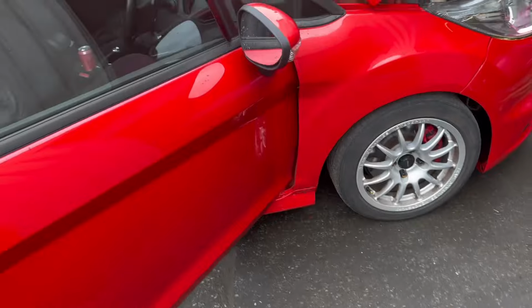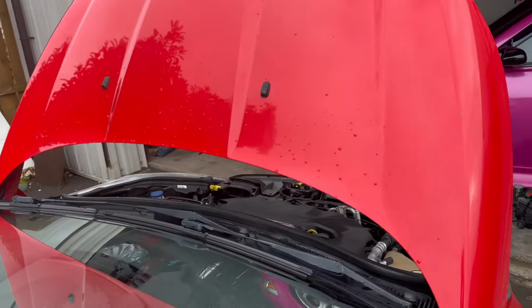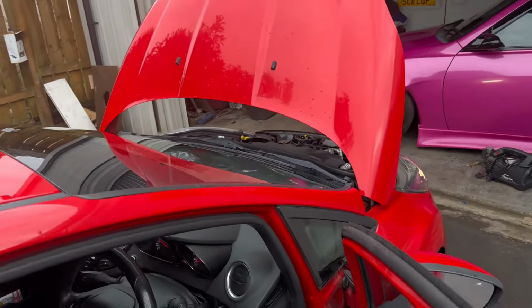But what is an induction kit install video without letting you hear a wee whoosh? So obviously you never get the full effect until you're actually driving it, but we are going to drive up to